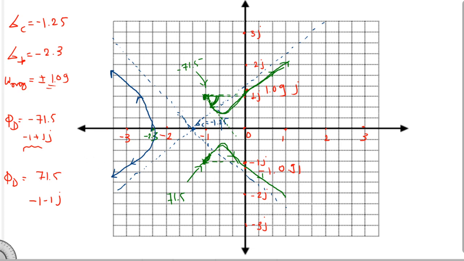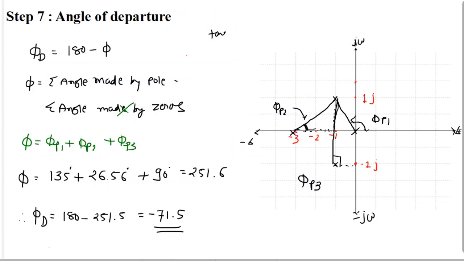Okay, now in this step we just discussed how to measure this angle. You know that this is magnitude 1, that is a right angle. Okay, that is magnitude 1, and here there is also magnitude 2. Then you can calculate this angle by this method also. Okay, that is the example based on two real and two complex poles.